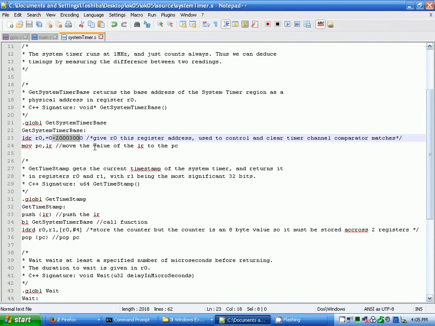And then we move the return address to the program counter, and then we get the global timestamp plus the return address,